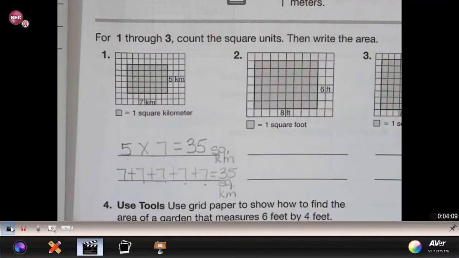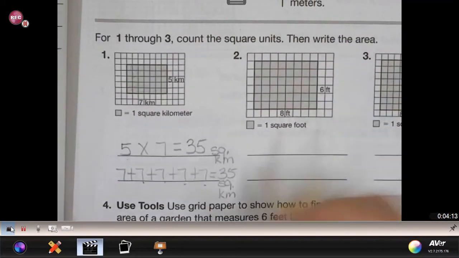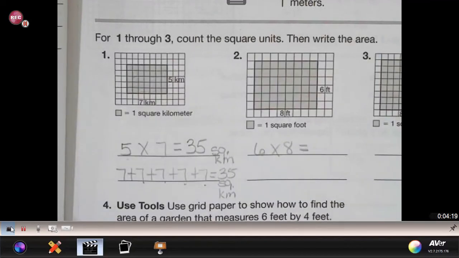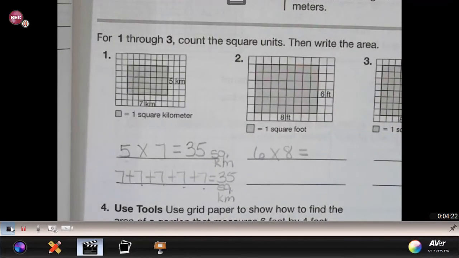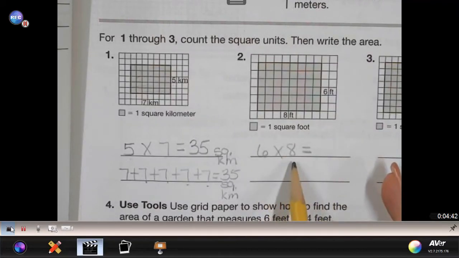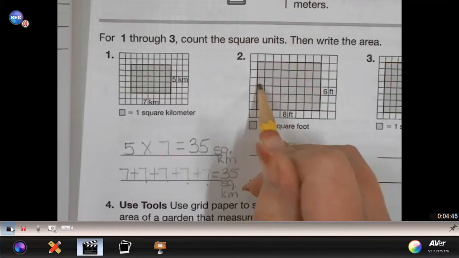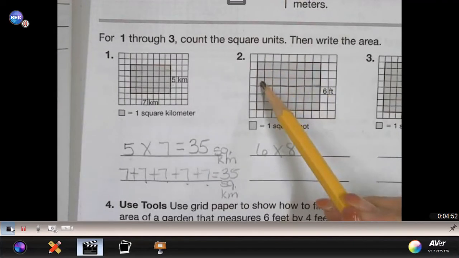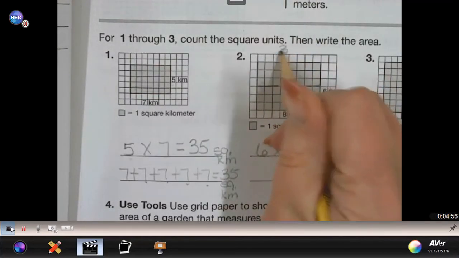Now our next problem is a little more complicated because we have 6 rows with 8 squares in each row. We really haven't had a chance to talk about our multiples of 6 or 8, but we have talked about taking apart larger rectangles and using smaller rectangles inside the bigger rectangle to help us solve for this larger single digit by single digit multiplication fact. Let's say I take these first 3 rows of 8 and use that to help me figure out